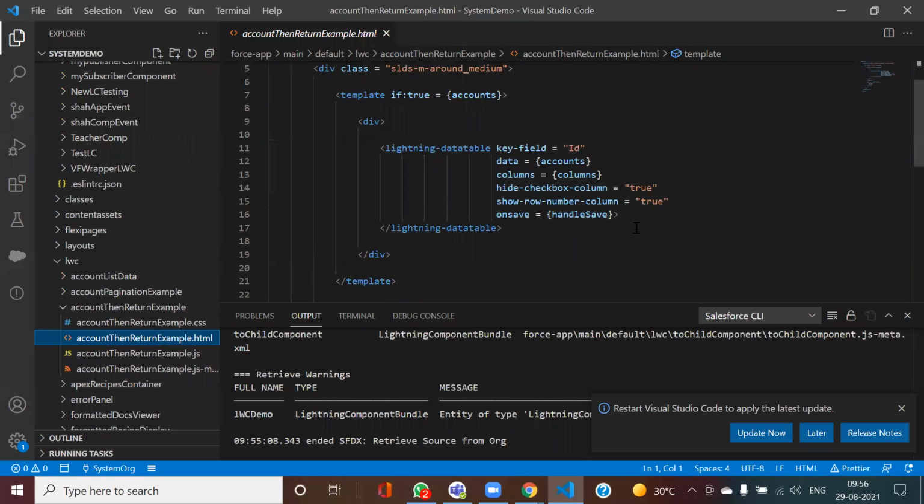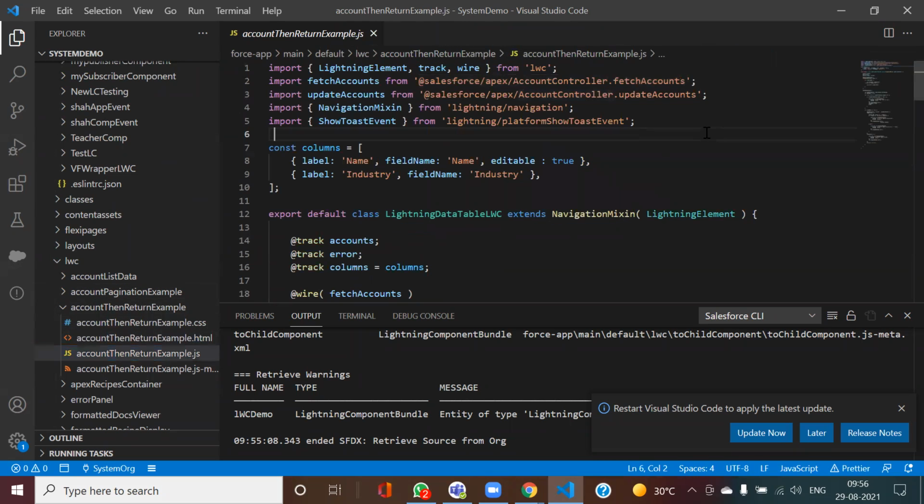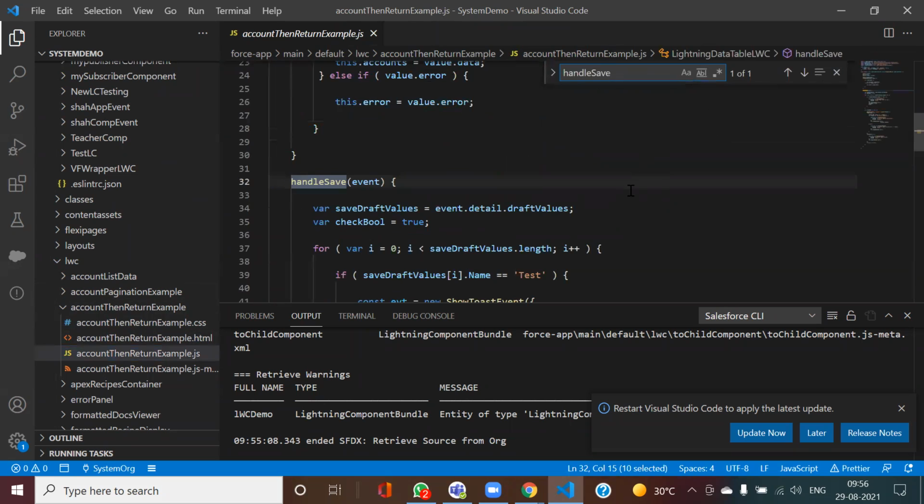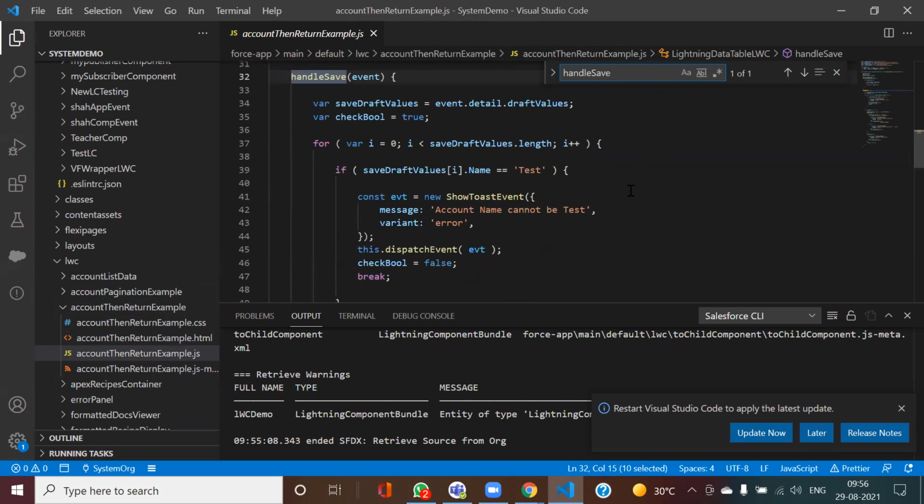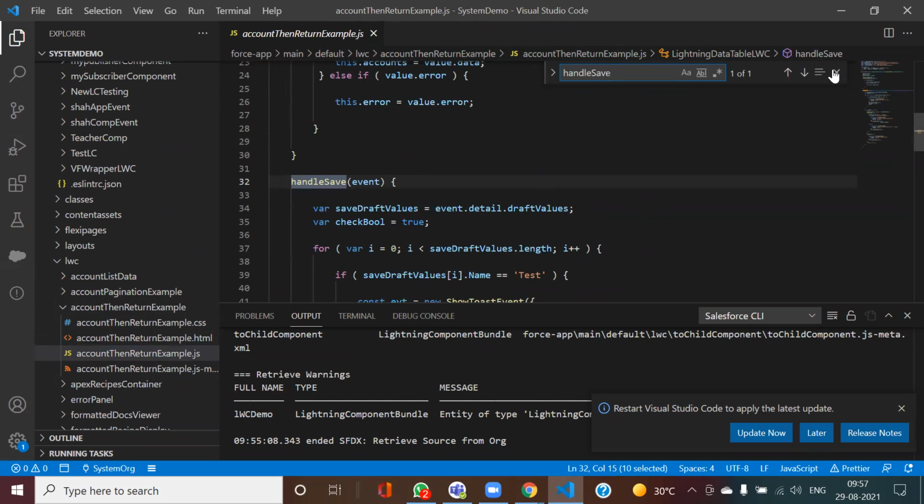I have this method, handle it. This is what I want to show you. Okay, fine, so let us now do this example.